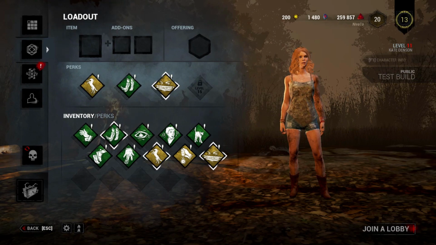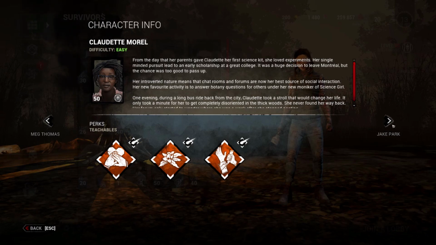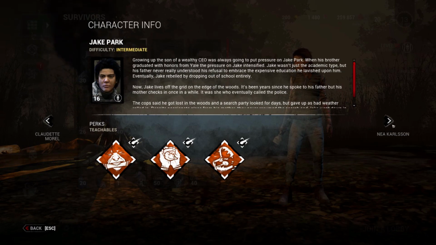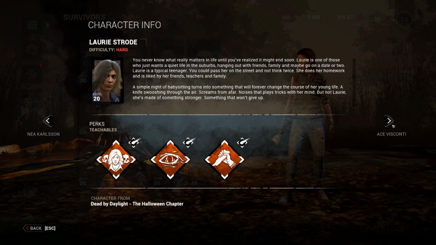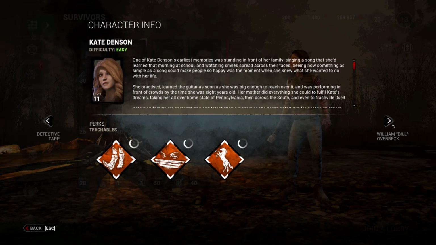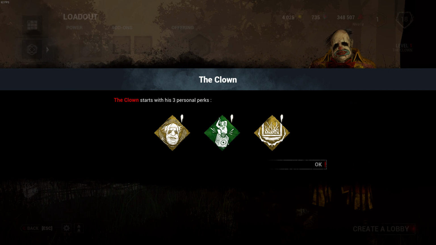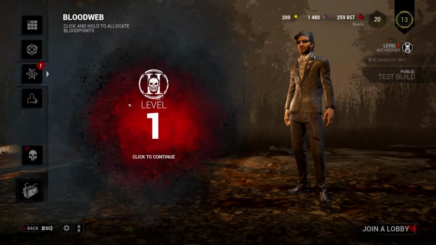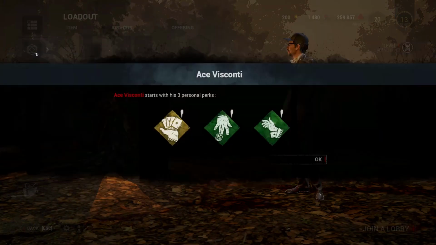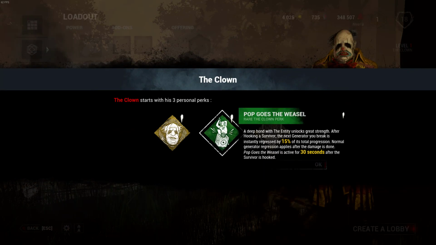This is amazing for new players, because now you can actually test out the perks. You don't have to invest a lot of time getting blood points just to unlock the perks to see what they do. You can just play that character, see if you like their perks. If you like their perks, you can level them up. That being said, for the first time you go into a character's screen, I think if you select them, it will have this new screen here that says what their 3 teachable perks are, and you can hover over them